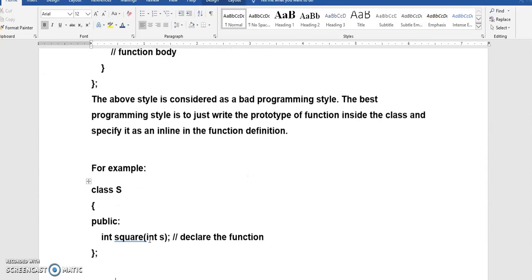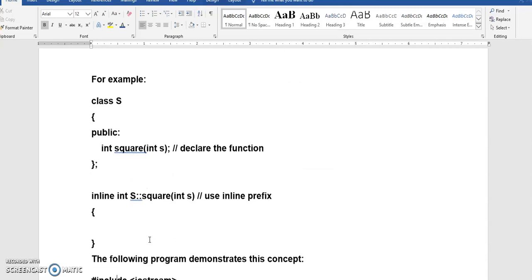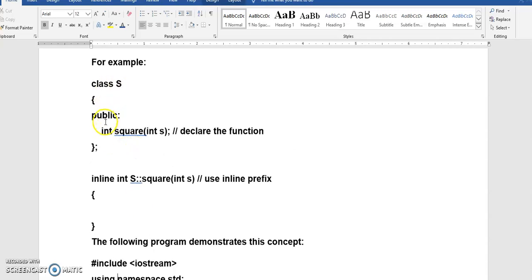So, the effective way of writing an inline function in C++ is to write the class name and only the function declaration inside the class. We are supposed to write the definition outside the class, along with the class name. See how it is given: S is the class name, inline is the keyword which identifies this as an inline function, int is the return type, square is the function name, and this is the argument passed. Till this part you all know very well because you have done several programs. Inline is the extra thing which has been added, which shows that this function is an inline function.